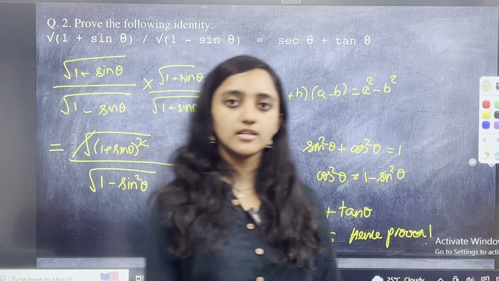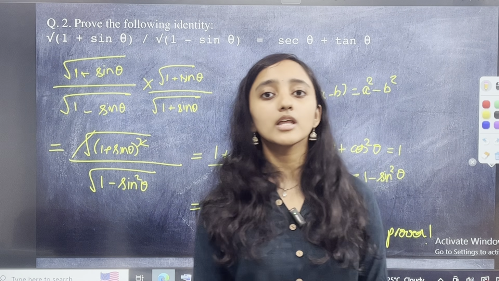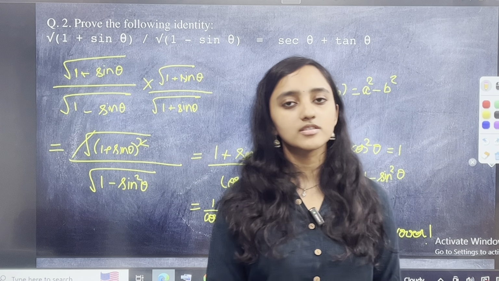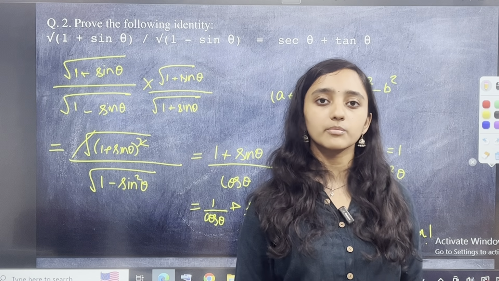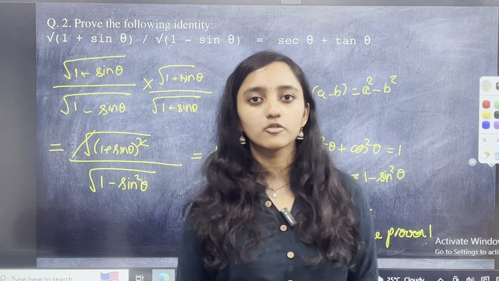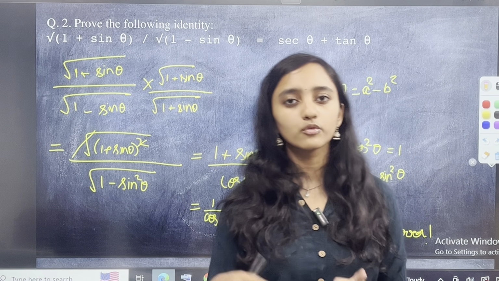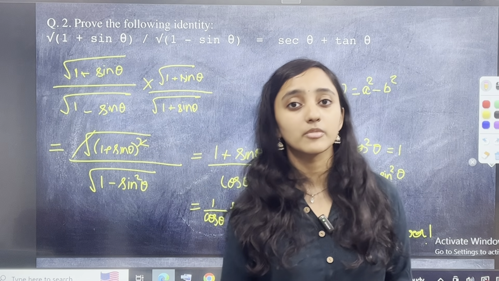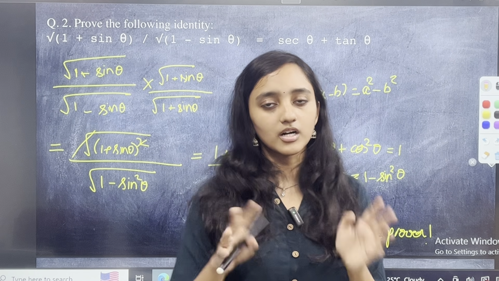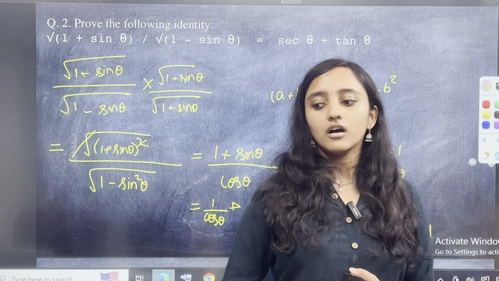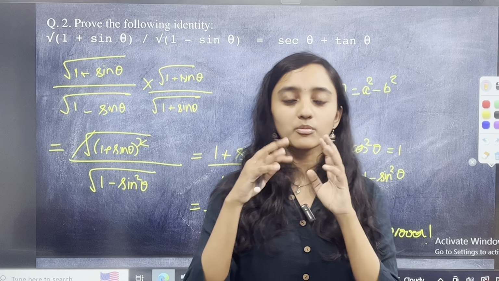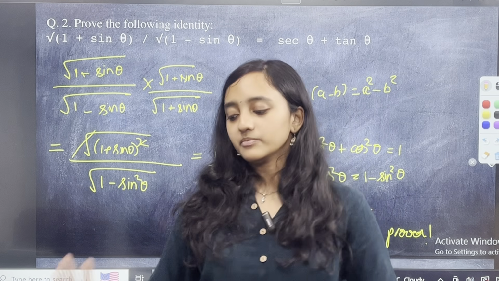You should not get, see, as a 10th grader, I understand it is very possible that you will get intimidated. Oh no, there are roots, how will we handle roots? But it is very simple, you just have to rationalize. What does rationalize mean? You have to remove the root. How will you remove the root? You multiply by its opposite. That means if it is root over a minus b, multiply by root over a plus b. A plus b into a minus b is a square minus b square. The root will cancel, okay? Especially because of trigonometric ratios, you will realize it's almost like magic. It'll just happen, okay?